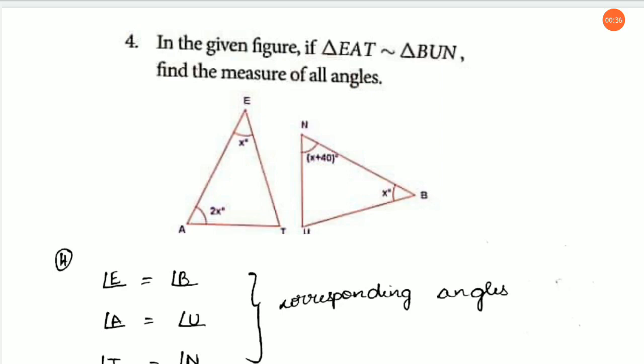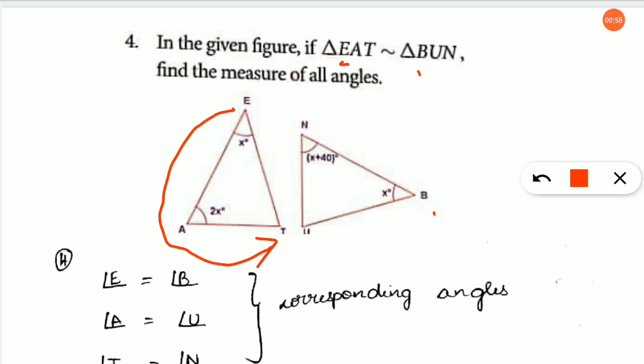First, E is the angle, and you have to find which one is the corresponding angle to that. Here E is in the topmost position, so I am going to take this B as the corresponding angle for this. If E is first, then it is E, A and T, going in this order. If B is first, here it is B, U and N. This triangle will move around in this order only. That is the main thing, children, only then the answer will be correct.